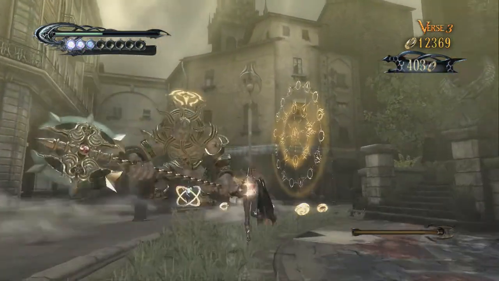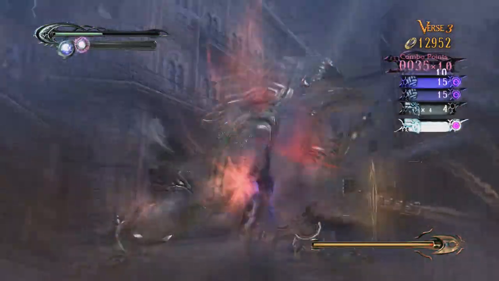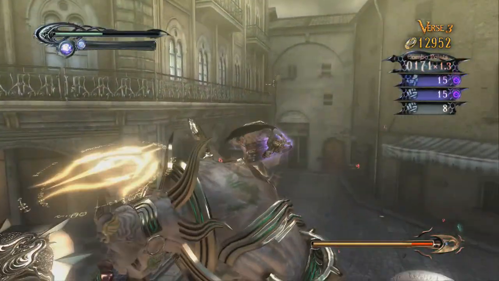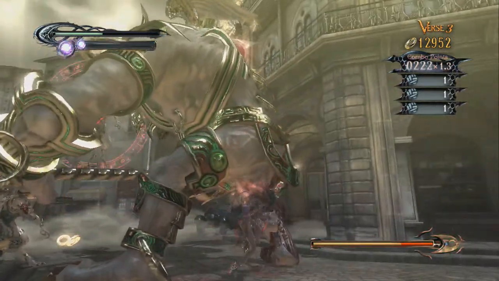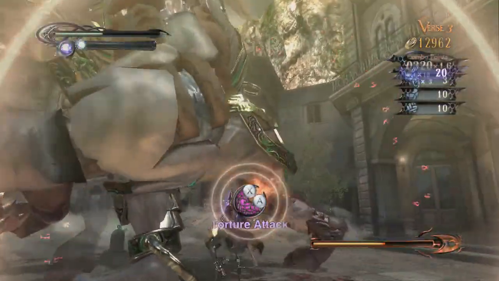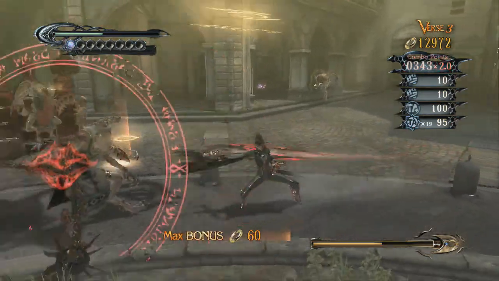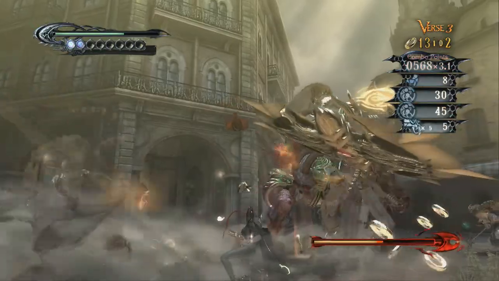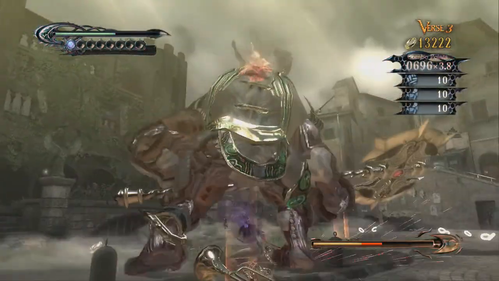Once we dispatch him, we have a couple more affinities, but a beloved appears, so I'll try to get as much out of that witch time as possible. I could have sworn I dodged that one, but...